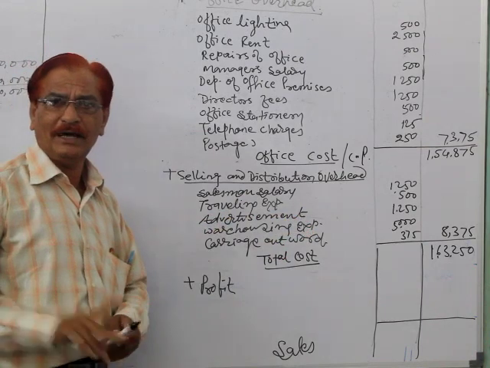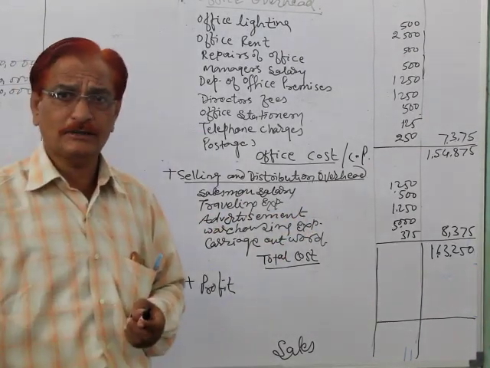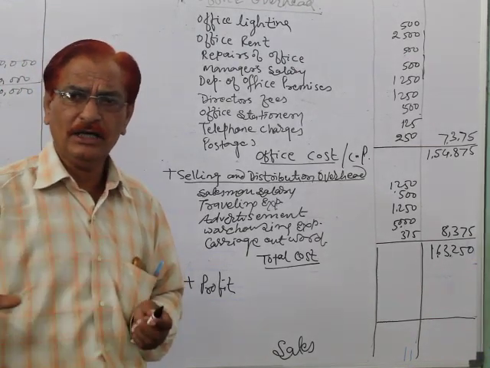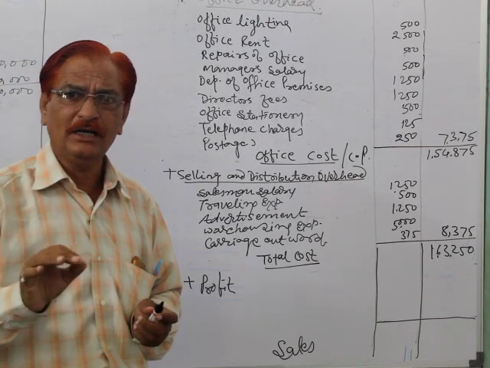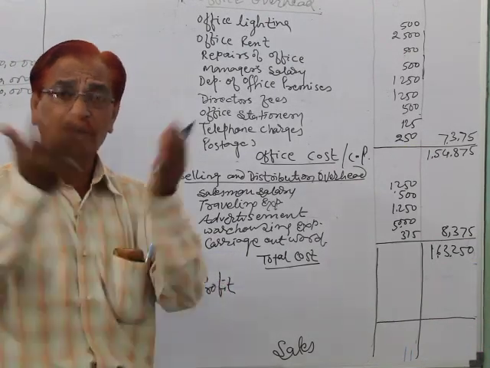Okay. Further, there will be another item, the income tax paid and dividends. Again, income tax paid and dividend is not the items of cost of production because it is treated after net profit drawn by the profit and